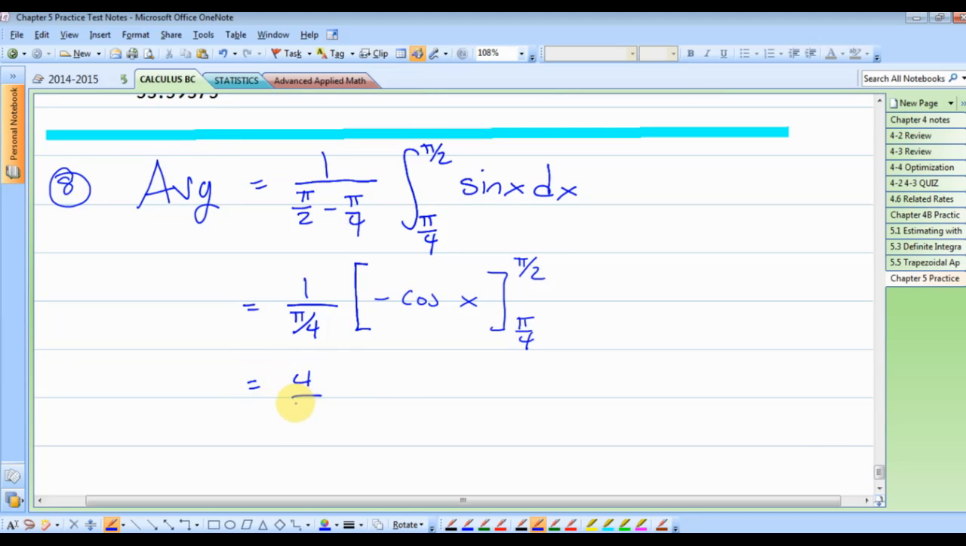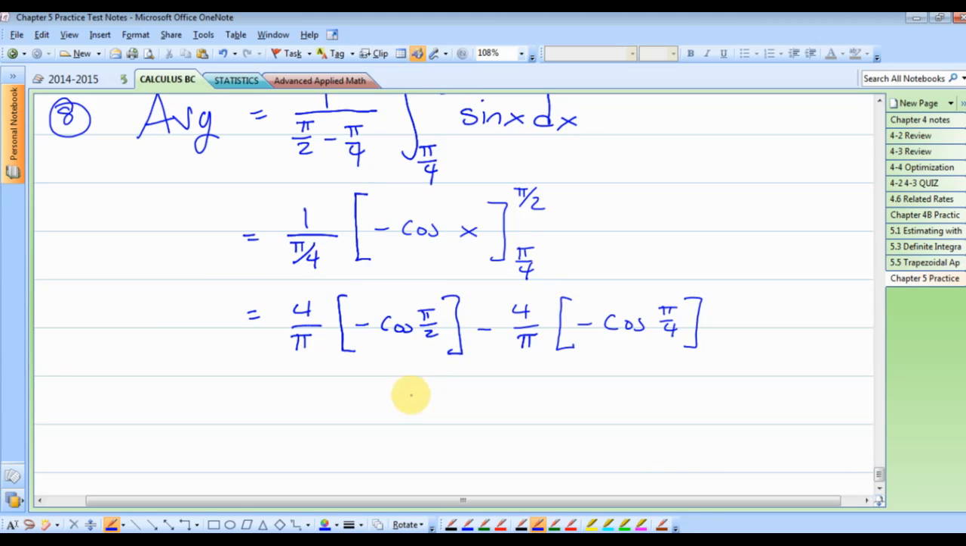Four over pi, negative cosine of pi halves, minus 4 over pi, negative cosine of pi quarters. That's a 4, not a 5. Equals 4 over pi, and I'm going to make sure I write a pi this time, times 0